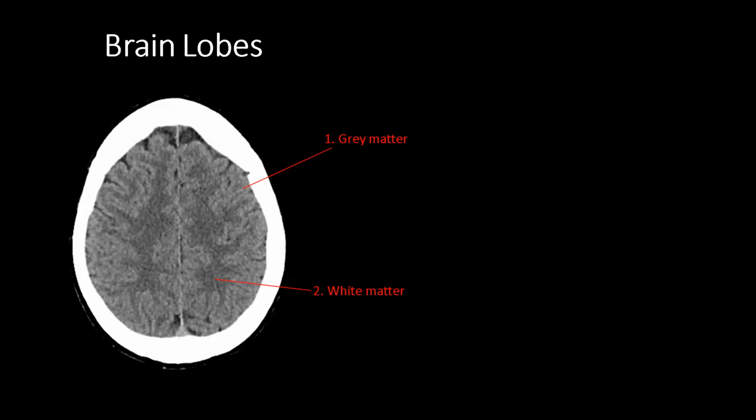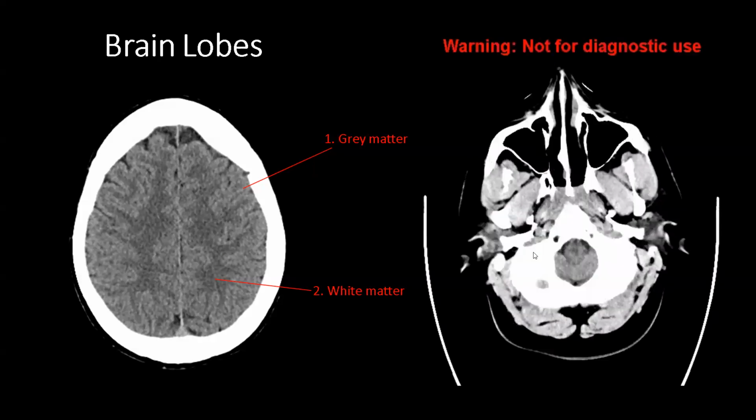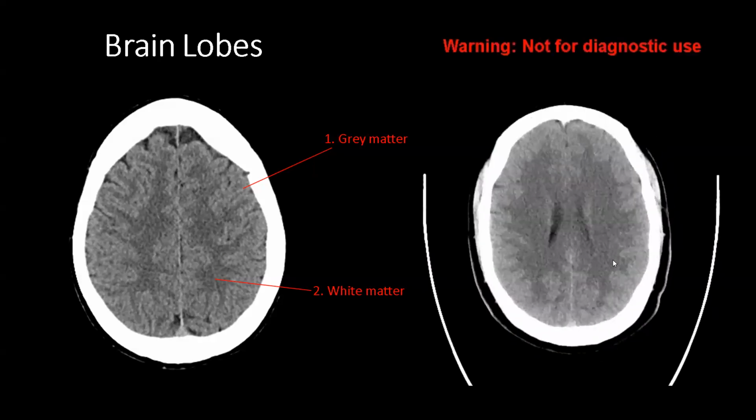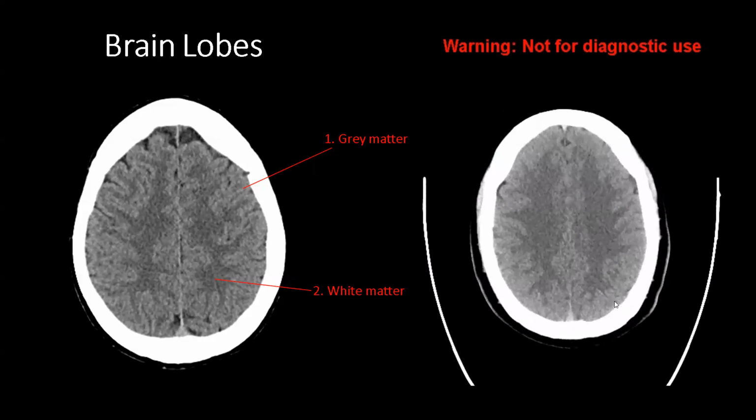The gray matter has more cell bodies, and it makes up really the core, they come together to form the cortex of the brain on the outside. And then the tracts from those cell bodies, the axons, which project down to the rest of the brain and also down to the body, forms this hypoattenuating white matter, which kind of branches out to the cortex, as you see here. As we scroll through this brain, you can see this is a young, healthy patient